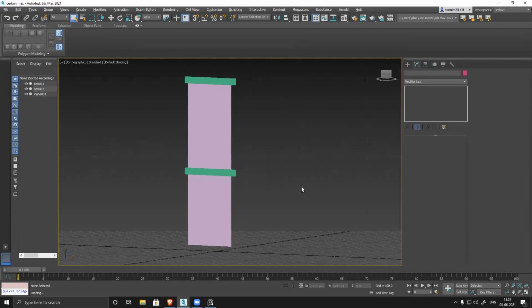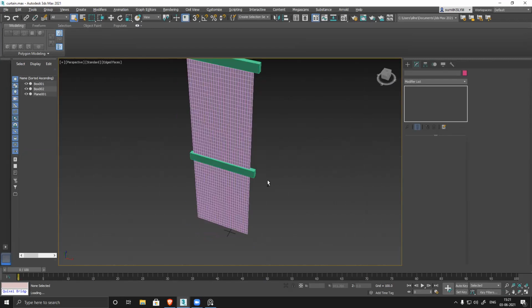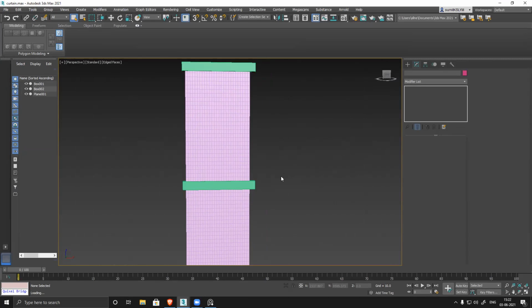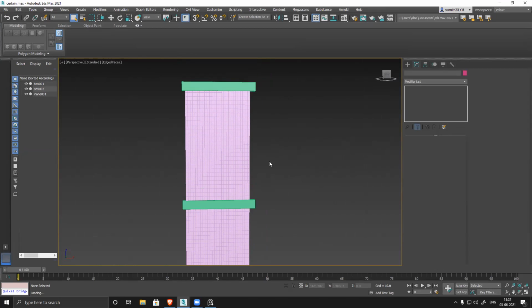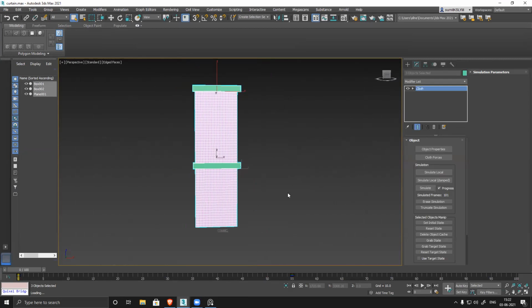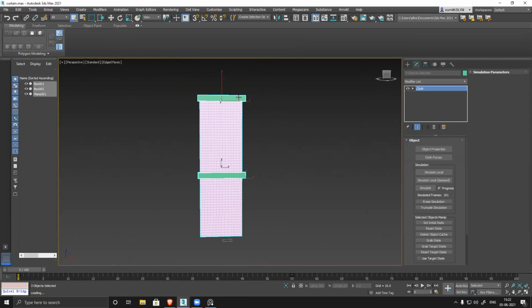Okay, so here is a curtain, so I can see there is nothing happening. Tell me, what is the issue? Actually, when I clicked on the option simulate, where it's getting folded, the curtain is coming out of the box. Yeah, coming out of the box, the lower box. It's physically not holding the curtain, right?